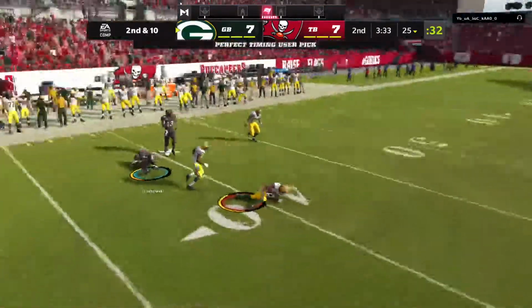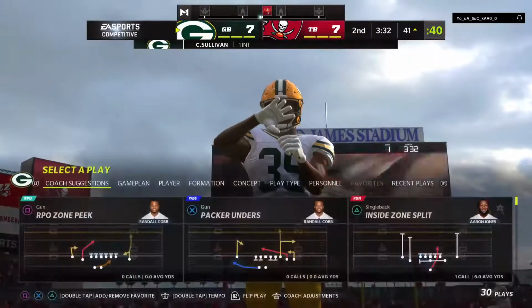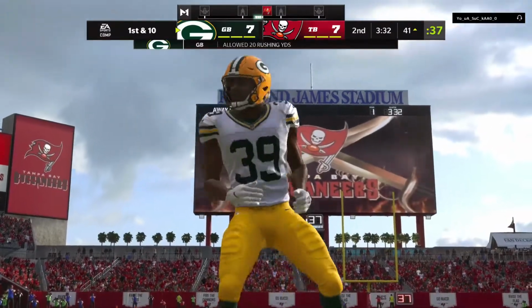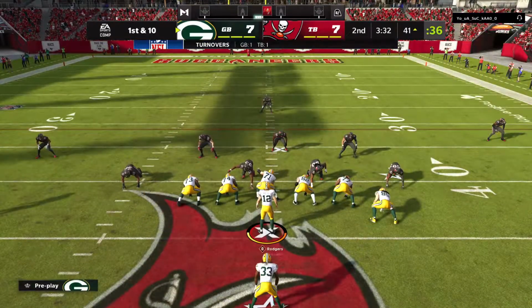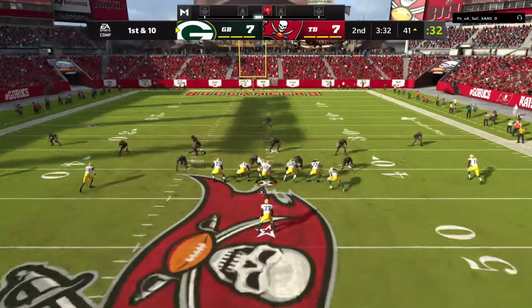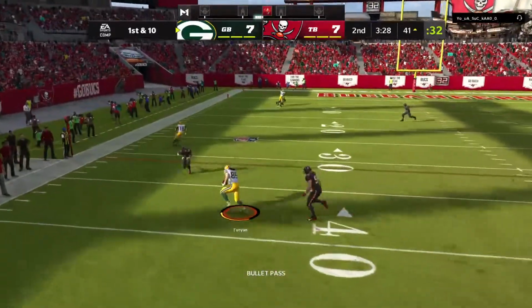And will they maintain into a double team, and it's intercepted. Picked off at the 40. And they'll start with great field position at the 41-yard line. He tried to kind of lob that one in there. It looked pretty going through the air. The problem was it was in the air a little bit too long. Yeah, that's a tough one because for that type of a route and what he tried to do and needed to do, he had to put a little...